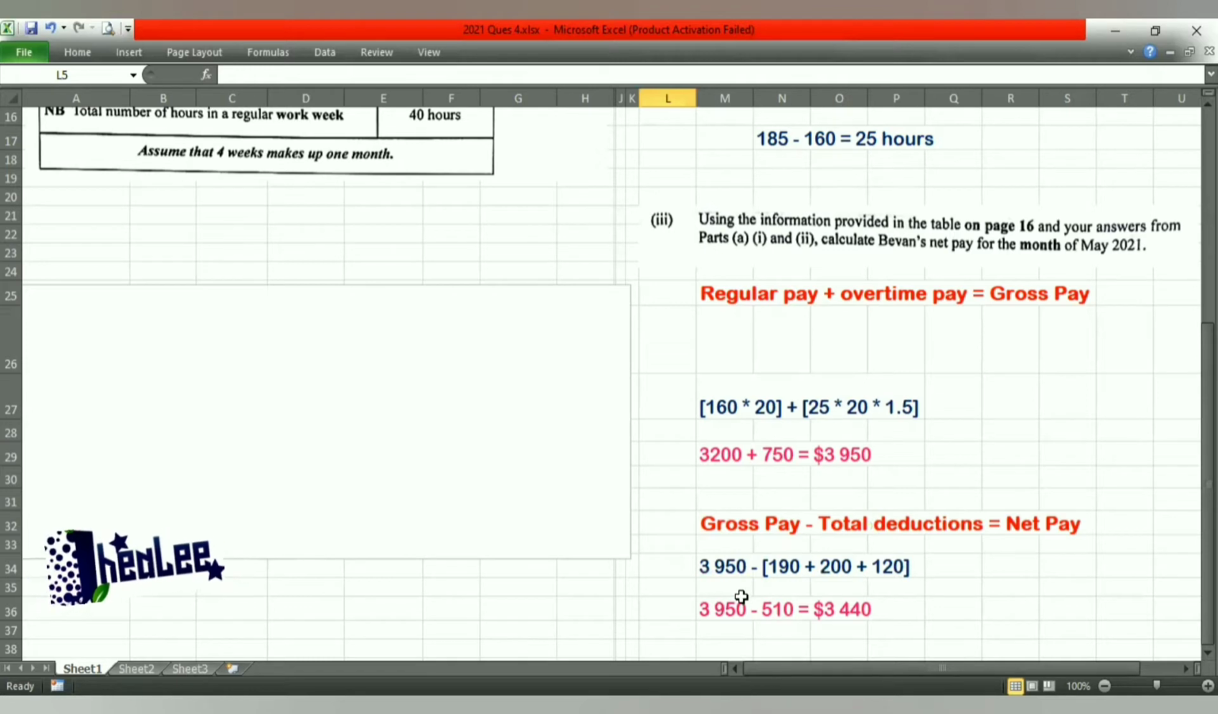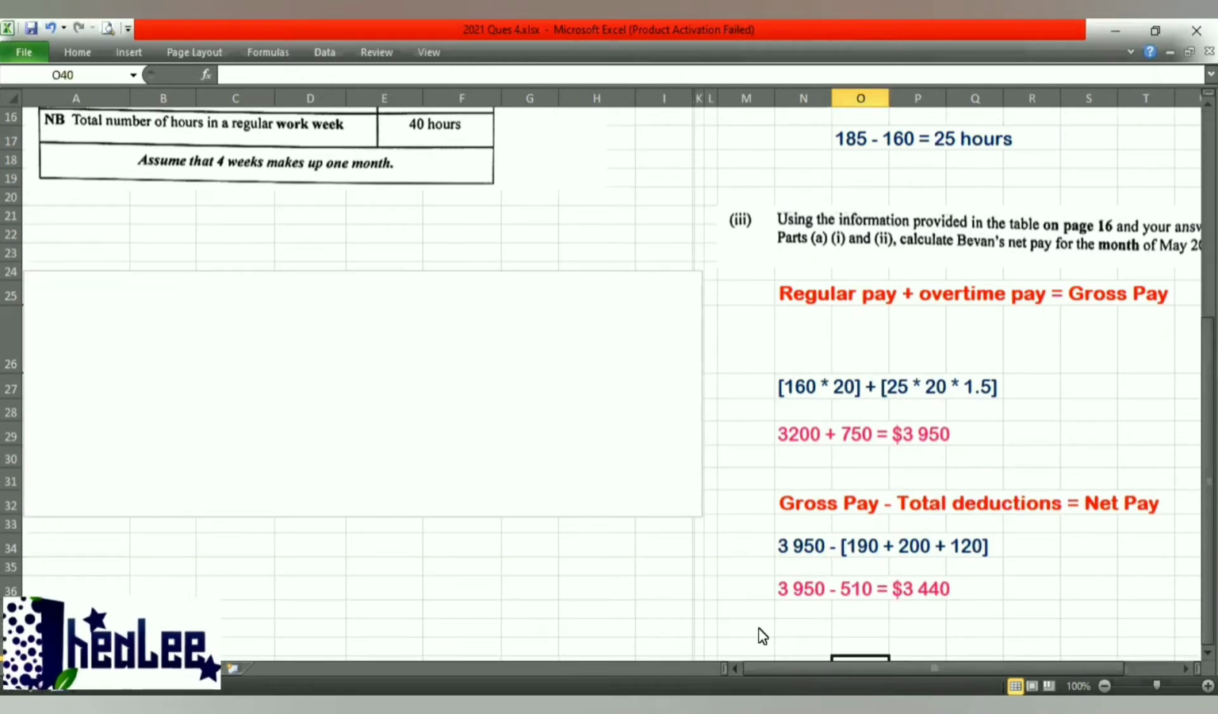3,950, which is the gross pay, minus the total deduction, which is 510 in total, and that gives us $3,440. There's another way in which you could respond to the question, and that would be by way of using